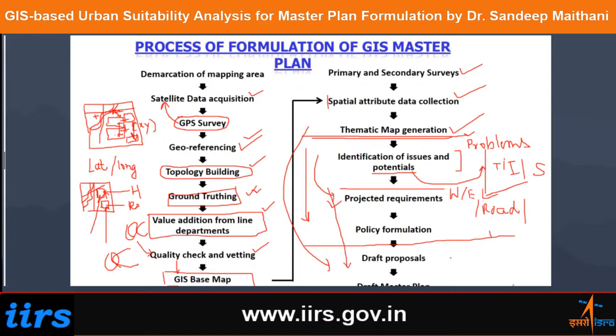Here basically we go for what is called the development of the master plan. So this is the third stage. The entire process you can divide into three stages. First stage is development of a database. Second, based on the existing database, you identify the problems and the future growth direction and the policy you want. And third, you combine the first two results, the database, requirement and future policy, and you make a